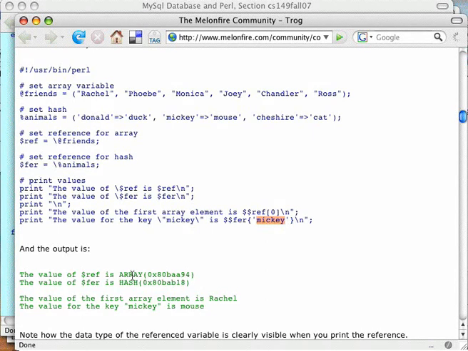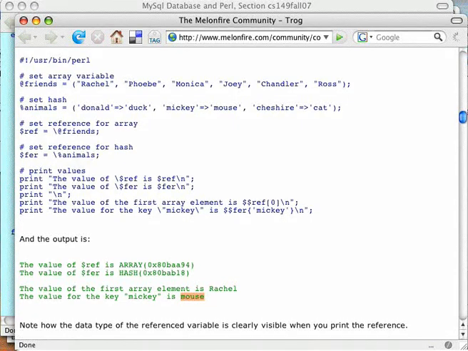And if we try that, getting the reference itself for an array, it will say ARRAY in the front, and if you have a reference to a hash, it will tell you so, that it is a hash. And here we are referencing the values of these